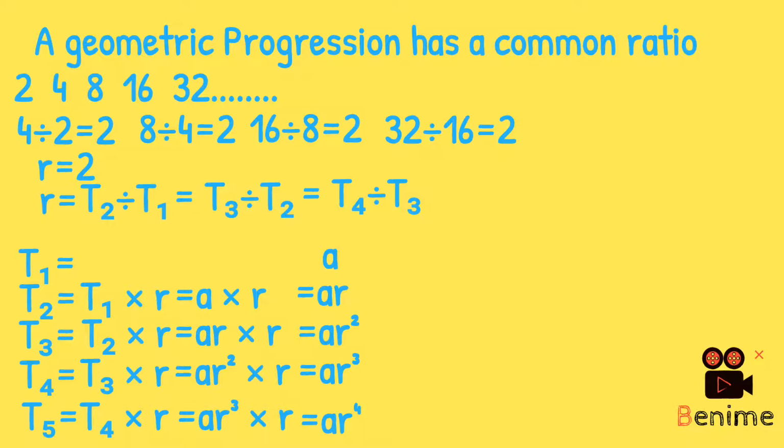From the laws of indices, R raised to the power of 0 is 1. So AR raised to the power of 0 means A times 1, which is just A. That's why T1 is equal to A. So you can see that